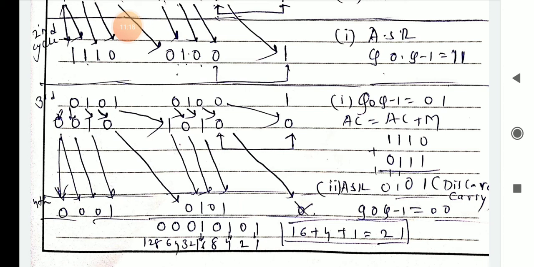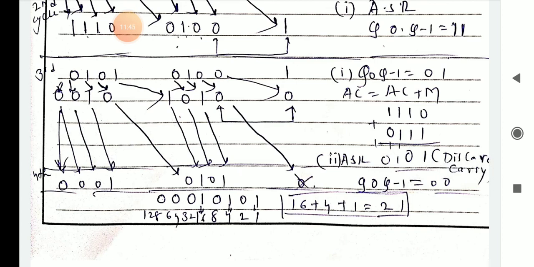Directly you can perform with 0 0 there, so you have to perform arithmetic shift right directly. So every time you have to move on to what? If you know the flow chart, you go to that flow chart. If you don't know the flow chart, go to the flow chart. You have to perform which operation you are going to mention there: AC is equal to AC plus M, or AC is equal to AC minus M, or directly you have to write the arithmetic shift right. Okay, so here 0 0 0 is there, so that's why I am going to do the arithmetic shift right directly. Okay, so you have to perform this shifting. So 0 comes here, 1 0 1, then 0 1 0 0, and extra you have to add that 0, that is what you preserve.